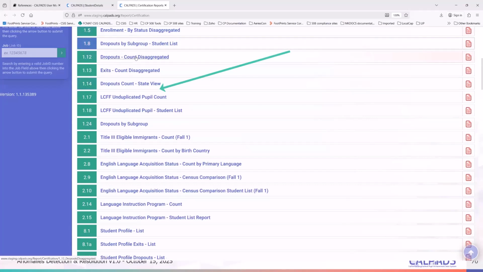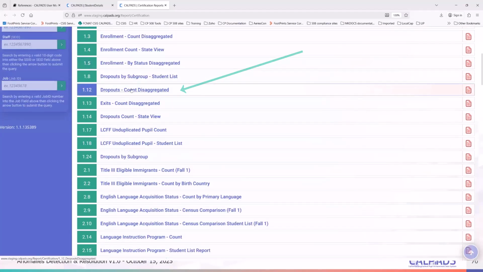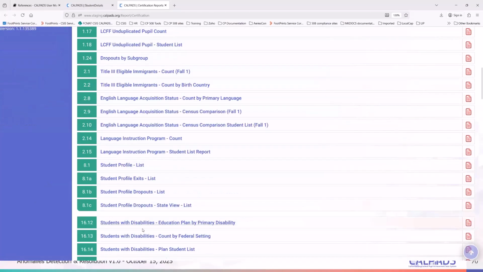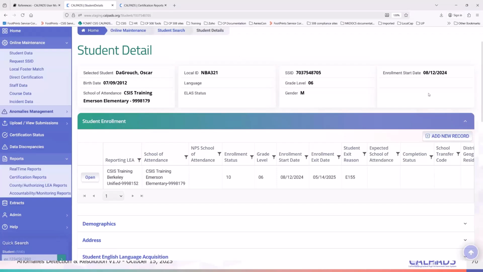And then 112, they will be under 18 and 112. But if it's a loss transfer, they will just show up under the state view counts, which officially isn't actually a dropout. It's just a state view that there was no enrollment in the subsequent year.